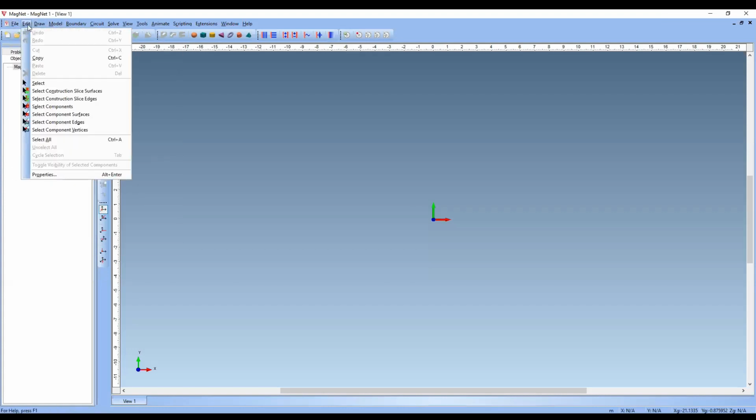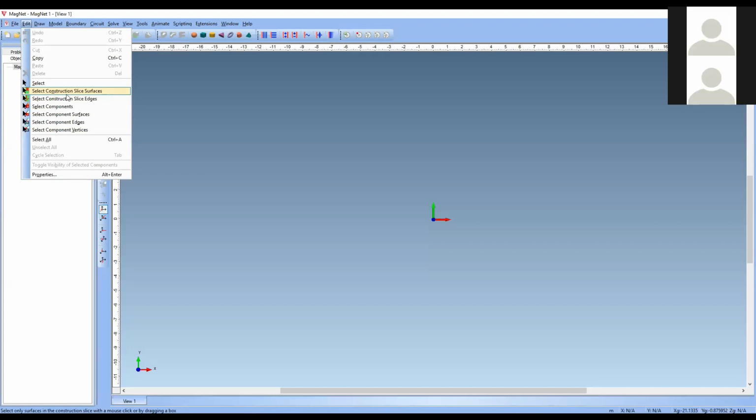Next, you come to the editing tool. In this editing tool, you have all these selecting options. In the selecting options, you can select anything from this geometry. That is, either you can select a component, or you can select the geometry line, or you can select the surface accordingly. In this edit tool, you will have cut, copy, paste like any other software. Apart from this, you have these special components.